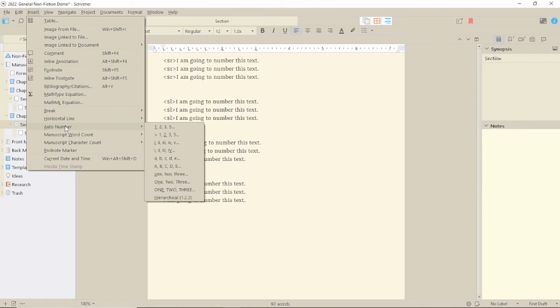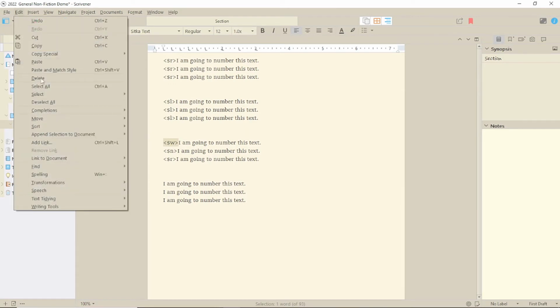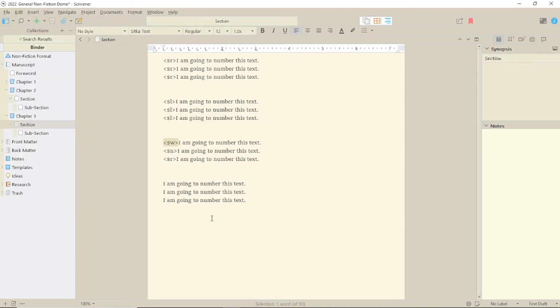I don't mean the normal autocorrect in Options, but an autocorrect list, like you find in script templates, for example. To do this, highlight the text, go to the Edit menu, Completions, add selection to autocomplete. Then, next time you want an auto number, just type the less than sign and you'll get the pop-up list.